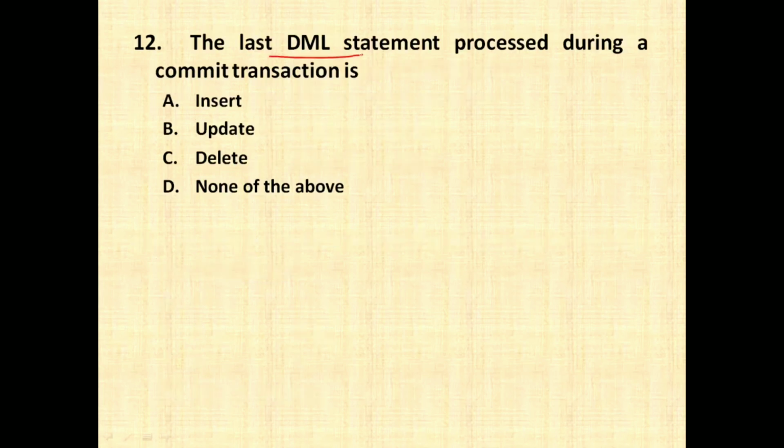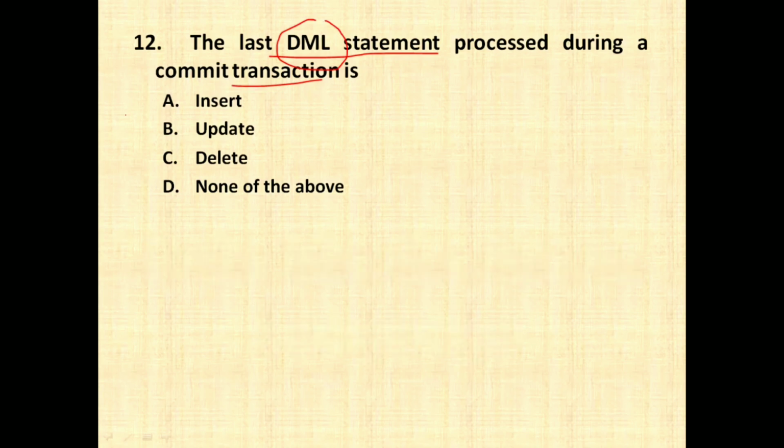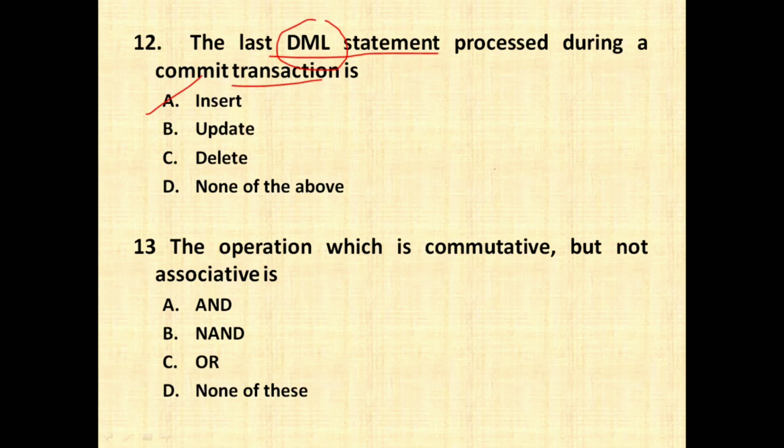The last DML statement processed during a commit transaction is. What do you mean by DML? DML means data manipulation language. So the last DML statement processed is going to be option number A, insert. The operation which is commutative but not associative is, so right answer is going to be option number A, that